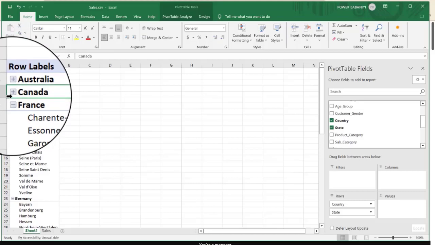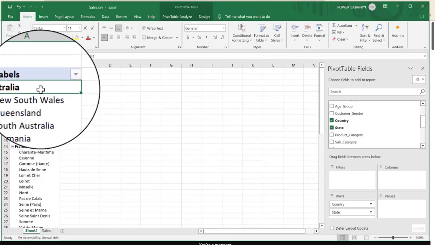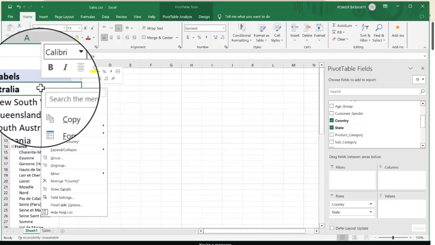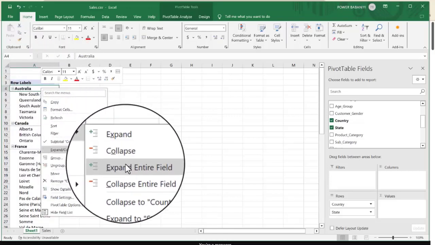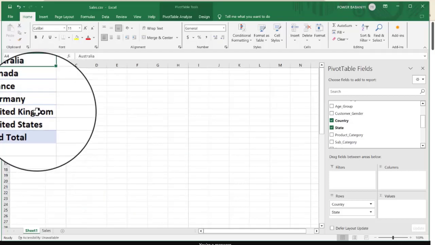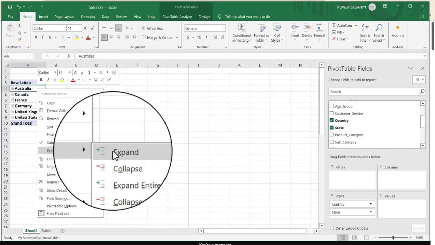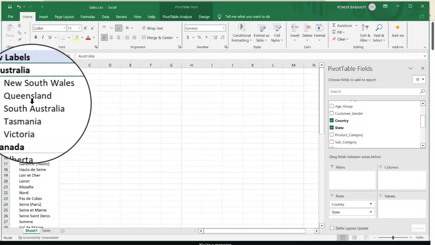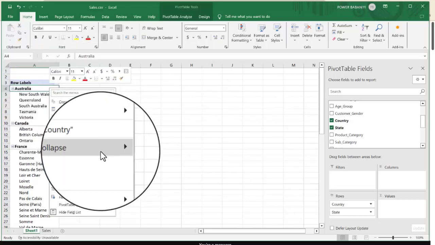To collapse everything, you can right click on any of the countries. Right click, and you see the expand and collapse section. You see collapse entire field, and you have everything collapsed. If you want to expand it all, you just repeat that in reverse, expand entire field, and you have everything expanded. So I'm going to go ahead and collapse it,